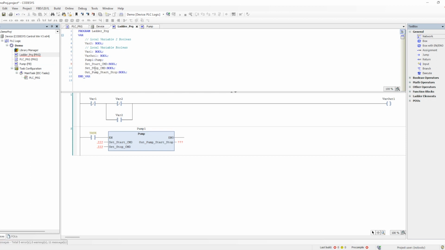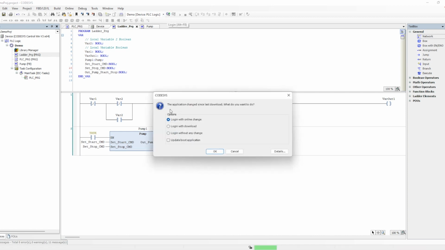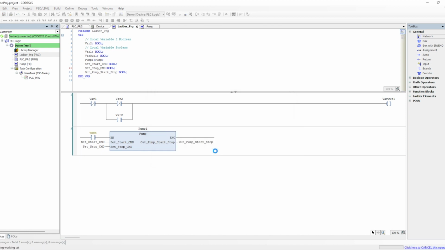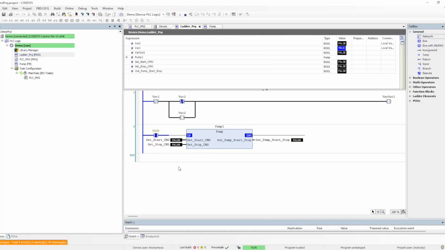Now let me assign this variable to each function block variable. So start, stop, and the out. Okay, save it and go online, login, login with online change. Now you can see that the block is getting executed,